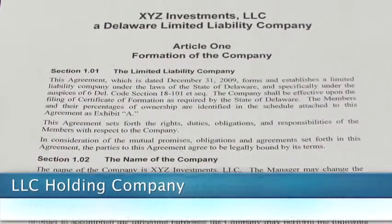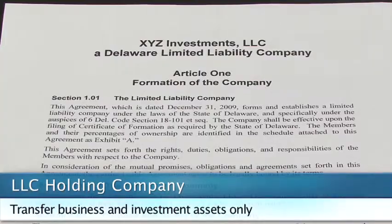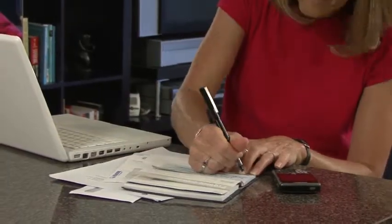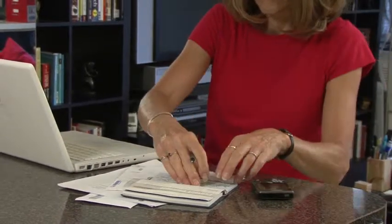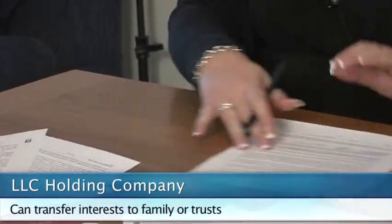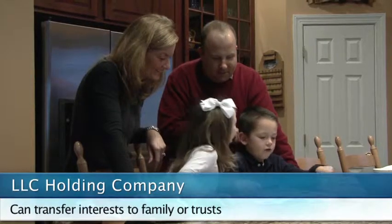Another asset protection technique that we use frequently for our clients is the use of a limited liability company. You'll transfer business and investment assets only. Personal assets that basically you're using to live on are typically not the right assets to put into this entity. You can retain control of the LLC and transfer interests to your children or trusts for the benefit of your kids during your lifetime. If there's ever a judgment that's pending against you personally, you'll probably want to resign as